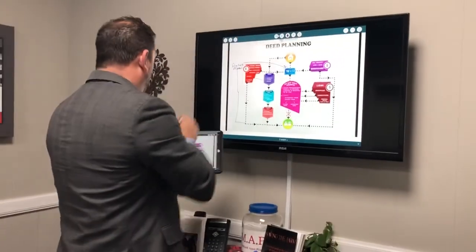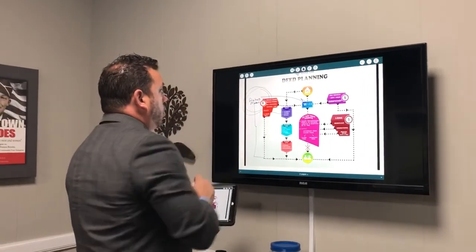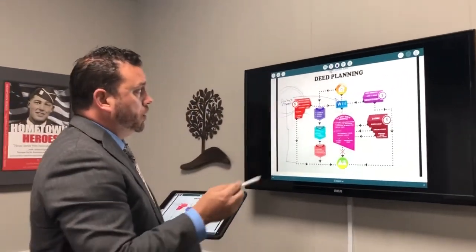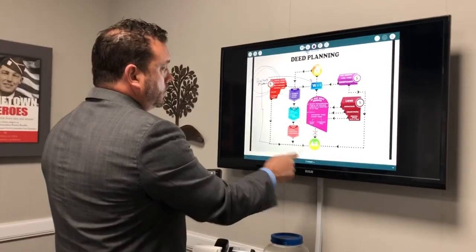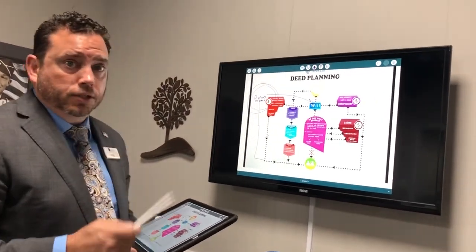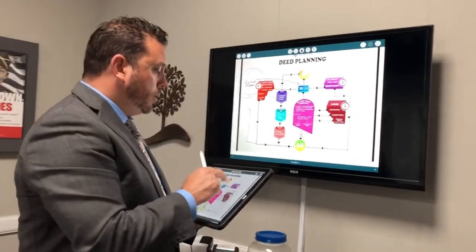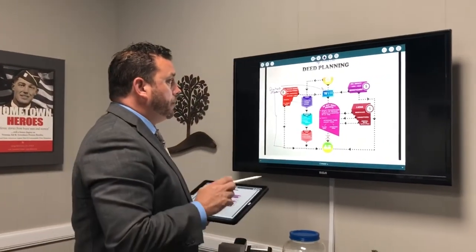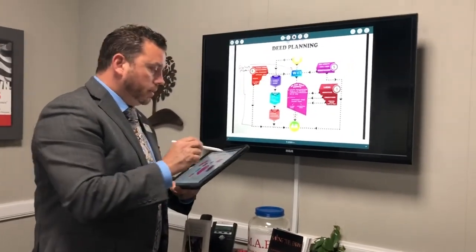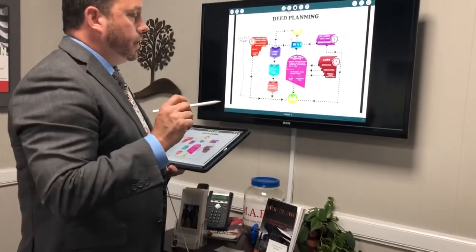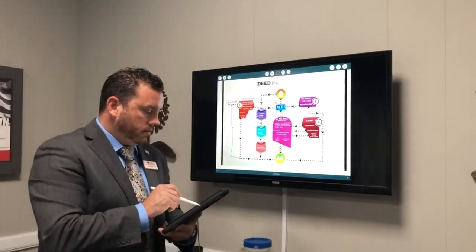So if this auto up here, if the car had two names on it and one person passed away, it's automatically just going to belong to that other person, be it a child or another party. So that's a really neat and newer way to pass a car. And why that's also important,